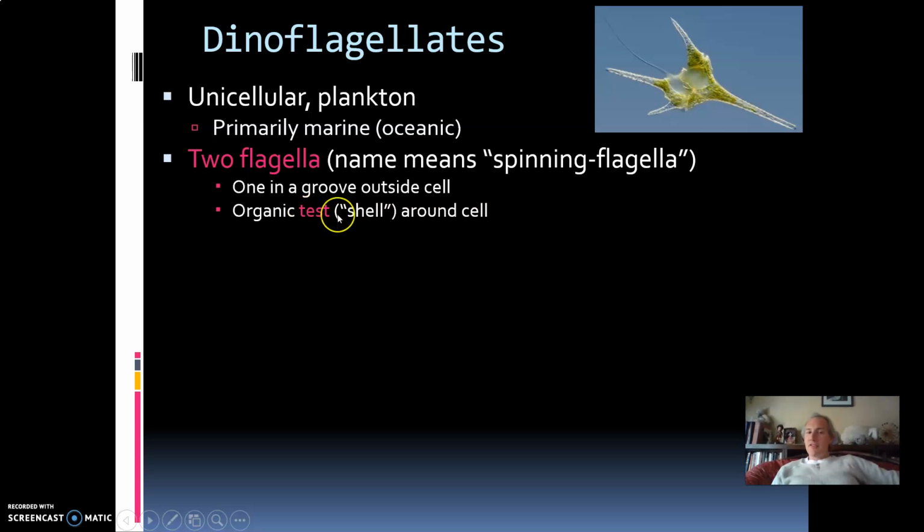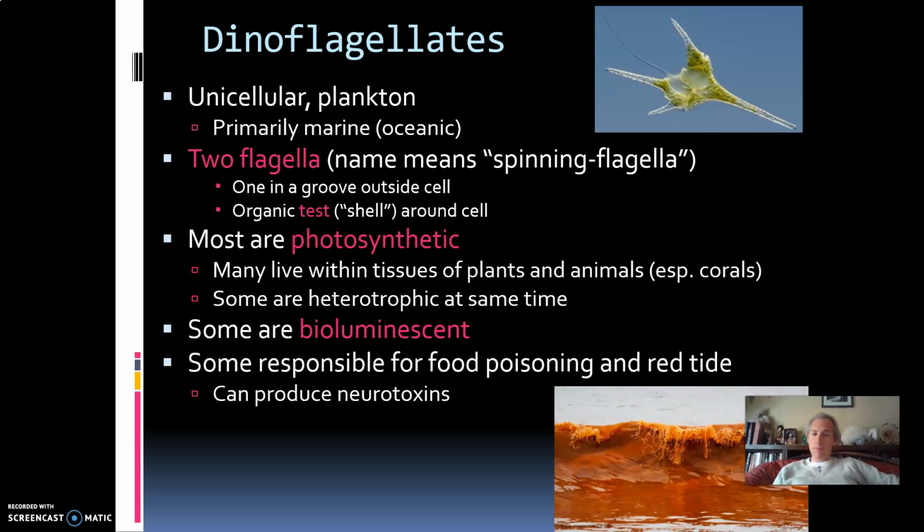This word test is a fancy word that's used with protists when we talk about microscopic cell walls that are kind of crusty in some way. When you see the word organic used in this context, it usually means made out of proteins. Proteins are pretty strong and resilient. And one thing they can do with this protein test is hibernate. They can sink to the bottom of the ocean and wait until the environment gets better for them to go back to feeding and survive. They can hibernate inside this protective test, even though it's a single cell, which is pretty cool.